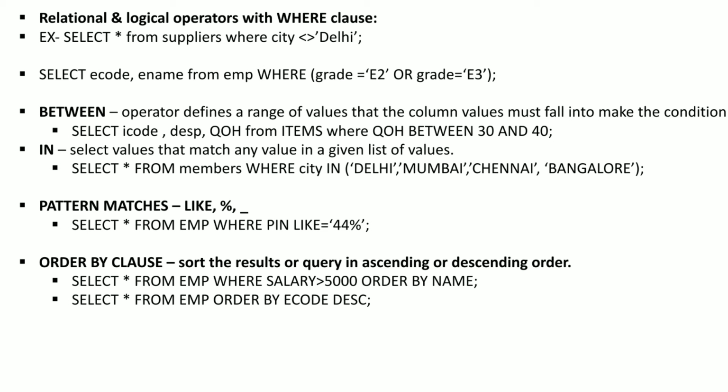The data in the table is not sorted, only the results that appear on the screen are sorted. Remember this. By using the order by clause, the original database stays as it is, that means your table never changes. It changes the output, that means it changes the view. Remember that results that appear on the screen are sorted, the original database is as it is.